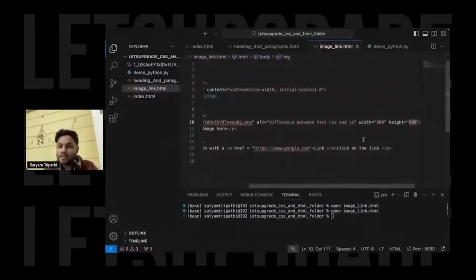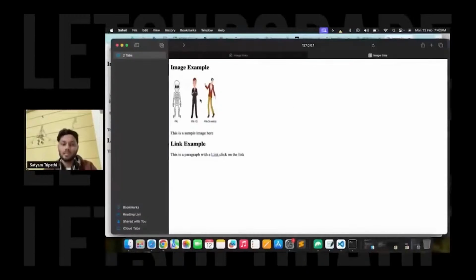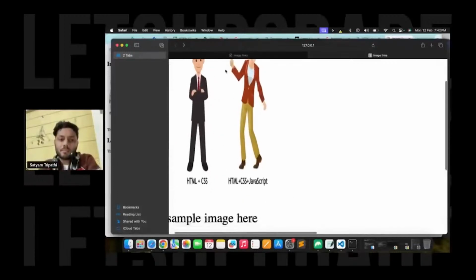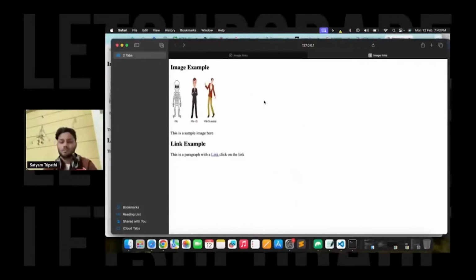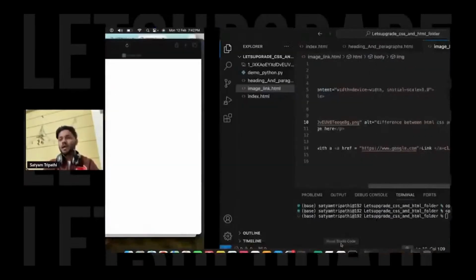Now you can play with these numbers if you want. Let us say you want 200 comma 200 pixels. This image size will be in pixels. In terms of computer vision or web development, we compare things in pixels. What do I mean by pixels? Let us say you have a resolution in your systems; that is calculated by pixels only. So over here we are comparing things by the pixel only. This is how you can use